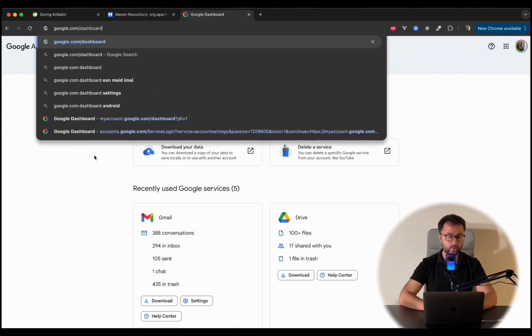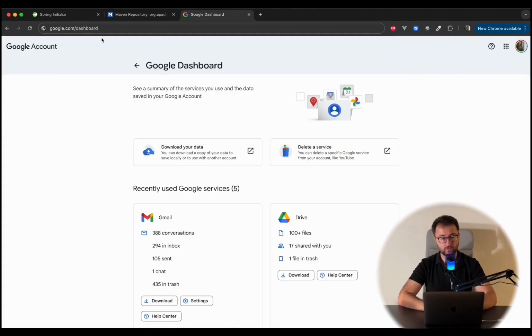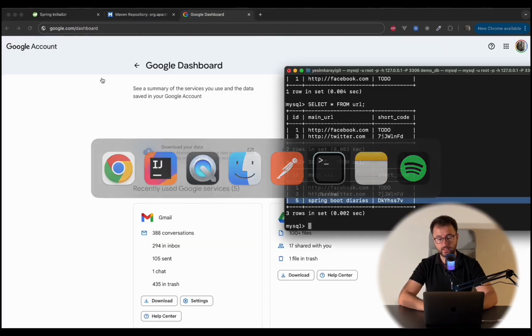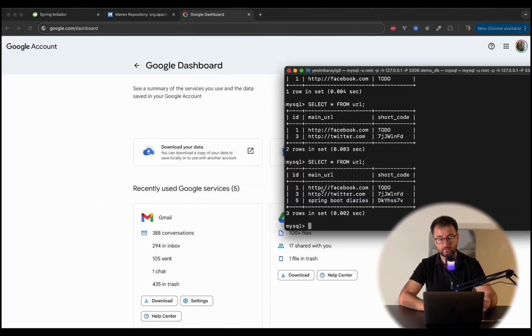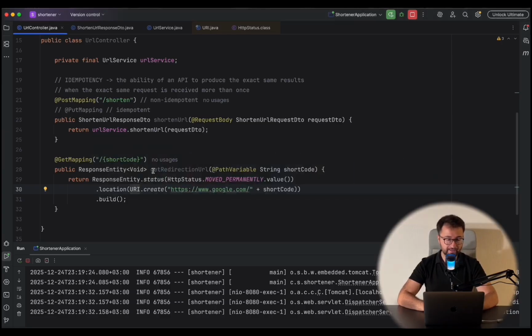So of course, what we would like is that we don't want to go to the Google.com dashboard every single time, or anything related to google.com. What we would like is that, as you can see here in our database, we have the URLs that we have assigned certain shortcodes for. So we would like to get the main URLs by using the shortcodes and then redirect the users based on those database rows. So I'm going to go back to IntelliJ, and instead of URI create,